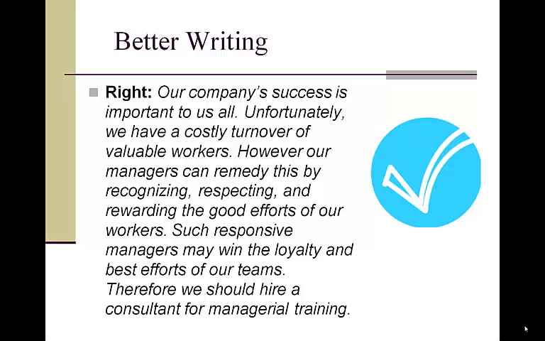Now, look how much more understandable this paragraph is. We start off with some common ground and a resonant character: our company's success is important to us all. Then we move straight into a problem statement: we're losing valuable workers, which is good use of character and an urgent problem that will quickly win the attention of your reader. We then apply an effective connector of however as we move into the solution statement, also with strong verbs such as recognize, respect, and reward. And we continue with strong characters of managers and teams as we wrap it up with a call to action for the problem, solution, action paradigm.